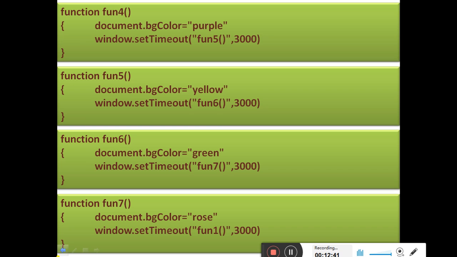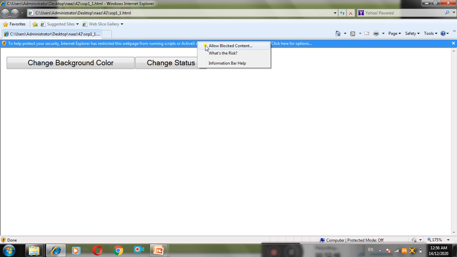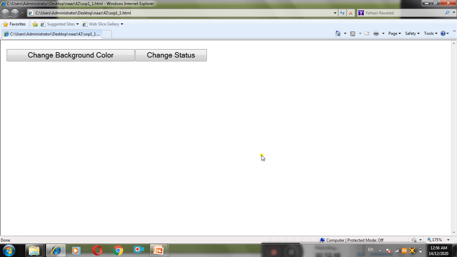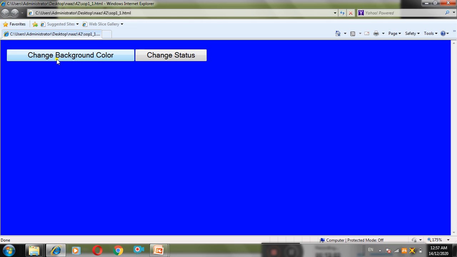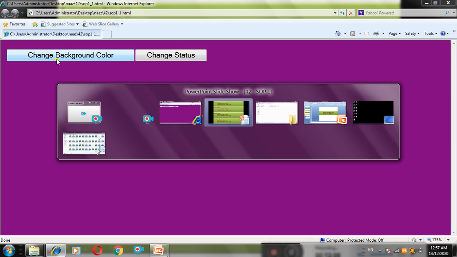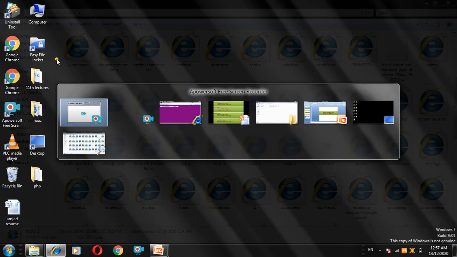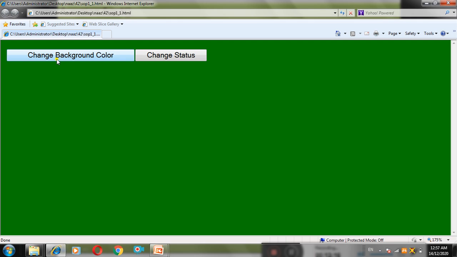Now see the output, you will understand what is happening. We have created two buttons. In the first button we have called the function fun1, right? So when we move our mouse pointer on the first button, see, it will change the white color into red color. After 3000 milliseconds it will change it to blue, then cyan color. Like this it will continue changing the color. Okay, yellow, the last one is rose, right? Green,